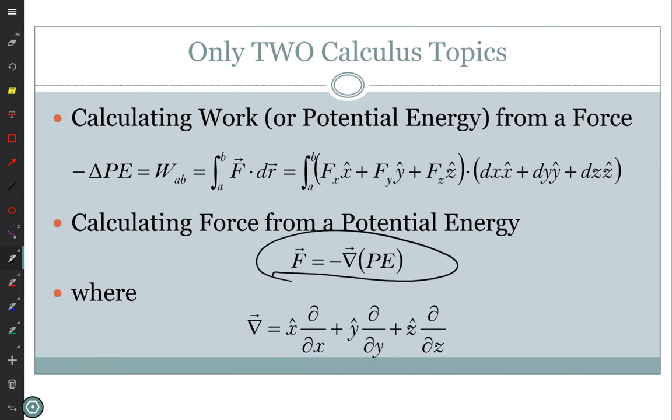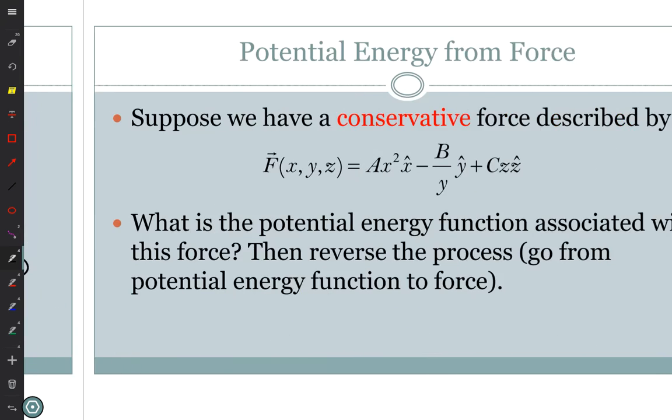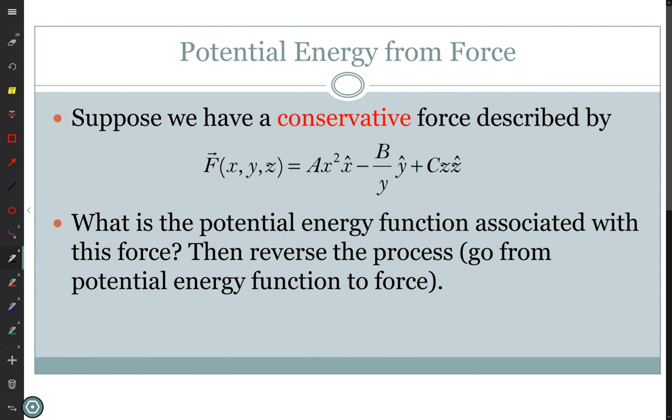So our equation is that the work, which is equal to minus the change in potential energy, that's the definition of potential energy, is the integral of force dot distance. And for three-dimensional situations, the force vector, we write x component in the x direction, y component in the y direction, z component in the z direction. And dr we write as dx in the x direction, plus dy in the y direction, plus dz in the z direction. So to do this work, I'm going to say change in potential energy equals minus the integral